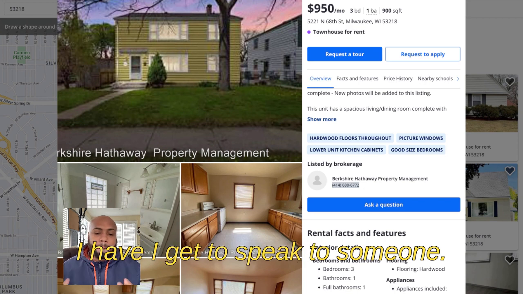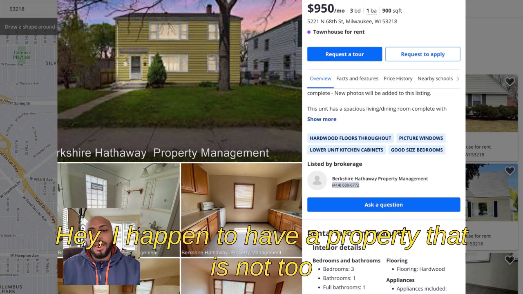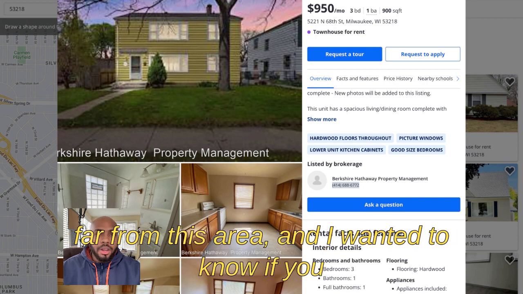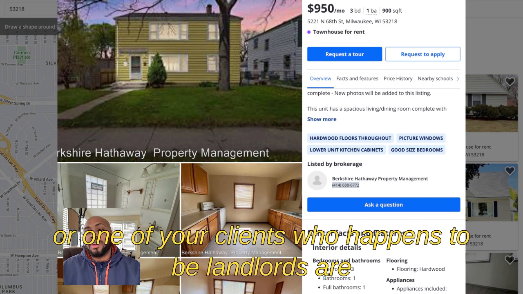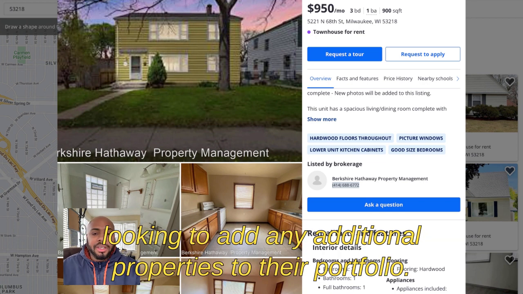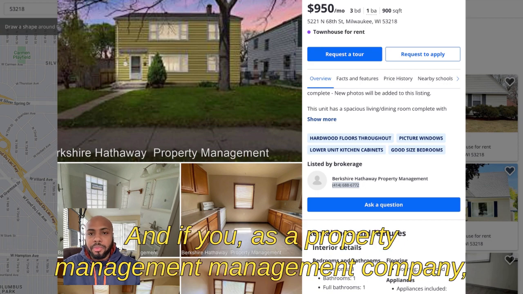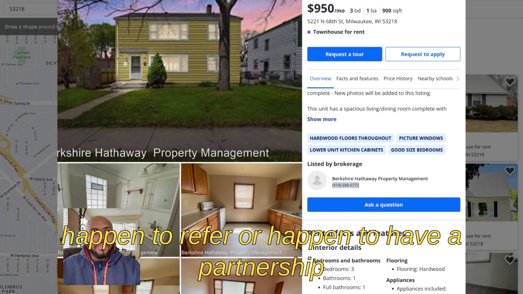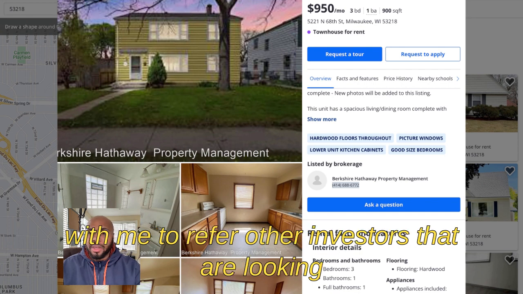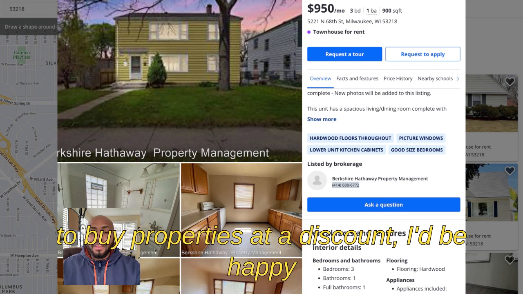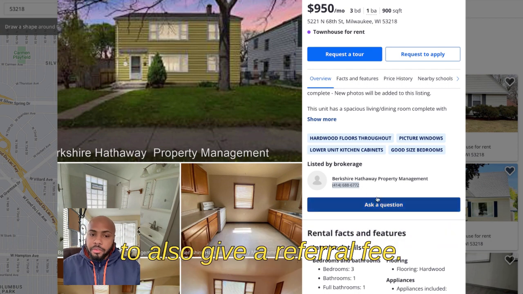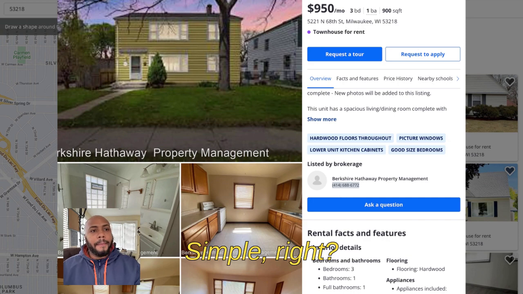Once I get to speak to someone, I say, hey, I happen to have a property that is not too far from this area, and I wanted to know if you or one of your clients, who happens to be landlords, are looking to add any additional properties to their portfolio. And if you, as a property management company, happen to have a partnership with me to refer other investors that are looking to buy properties at a discount, I'd be happy to also give a referral fee. Simple, right?